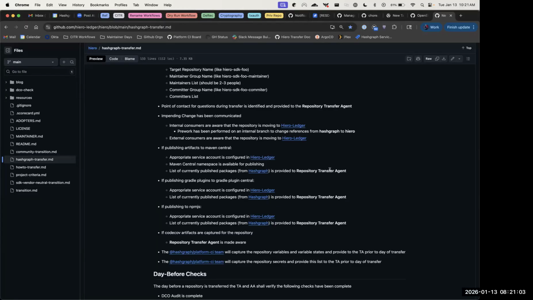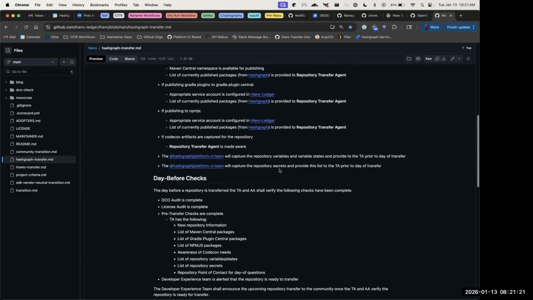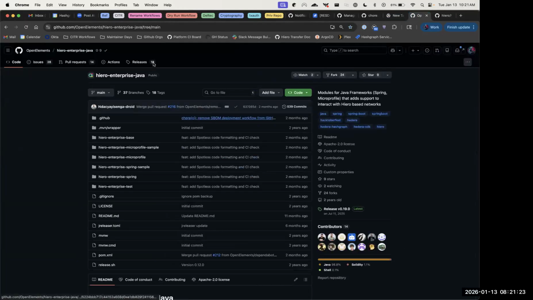All right. That is not a problem because it can still be published even if the repo is under hiero-ledger under the old namespace, and it will be changed once it's transferred. Okay. So that covers that. And then we'll need to, if you go into settings, and then secrets and variables, you'll